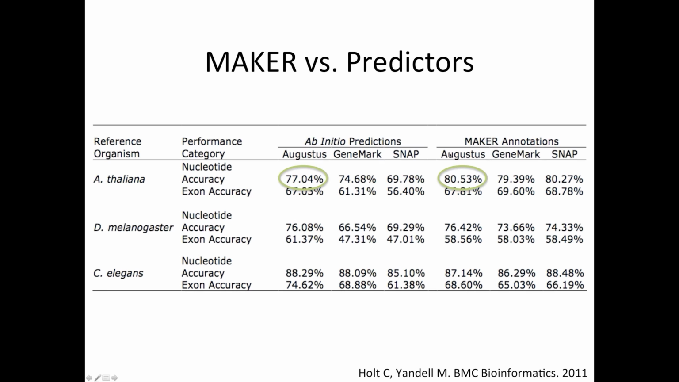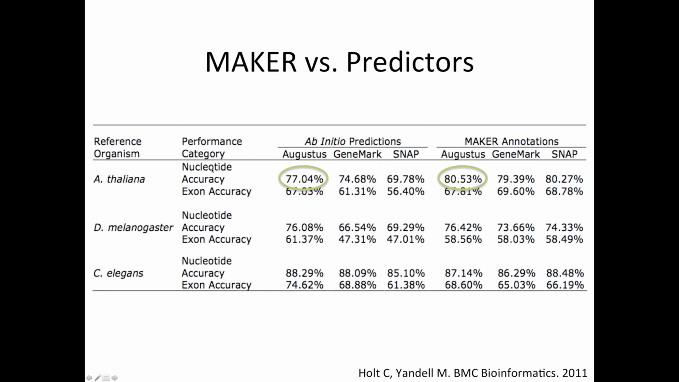We can see Augustus run by itself and then Augustus run within Maker, we've done a nice little bit of improvement here. I should describe this chart overall. These three columns here are the ab initio gene predictors, Augustus, GenMark, and SNAP, each run by themselves. And these columns over here are those same gene predictors run inside of Maker, with Maker supervising them and providing